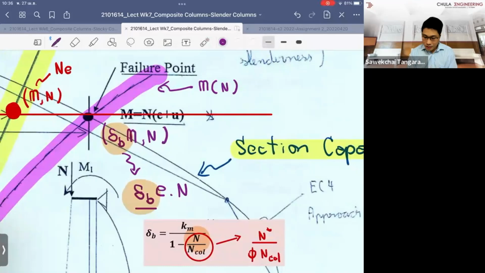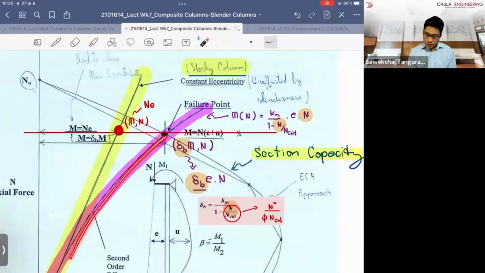But N here will become the nonlinear equation, which is the KM divided by N over N critical times E, the eccentricity, which is a fixed value, times N. You see that in the curve here, you get two values of N. So that's why the curve becomes nonlinear,